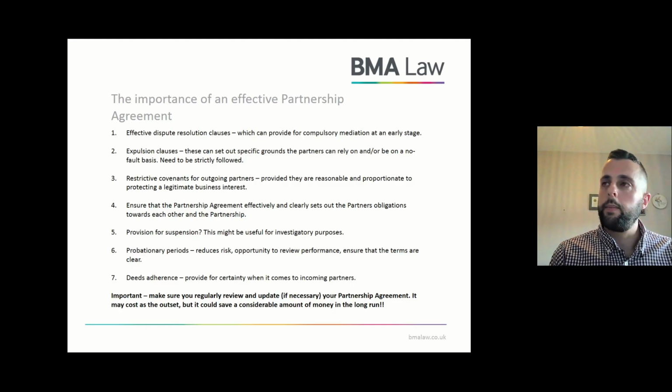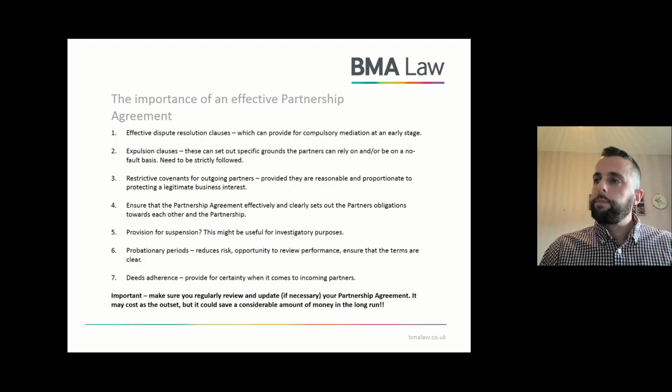If a partner is expelled and there are grounds to suggest there's been some sort of wrongful expulsion, then it can lead to claims in damages for loss of earnings and that side of things. So it's not a particularly settled area of law, but I have been involved in situations where partners have had £500,000 worth of damages, based on their loss of earnings for a 2 or 3 year period as a result of a wrongful expulsion. So it's really key to make sure that you're aware of the requirements of the expulsion clause that you're seeking